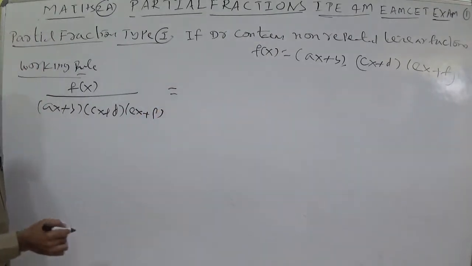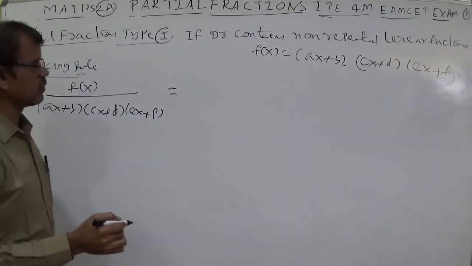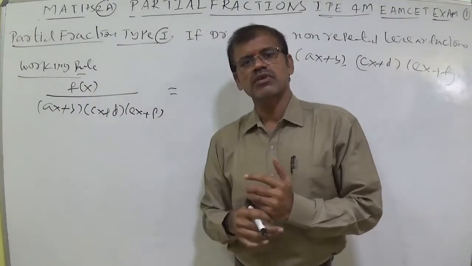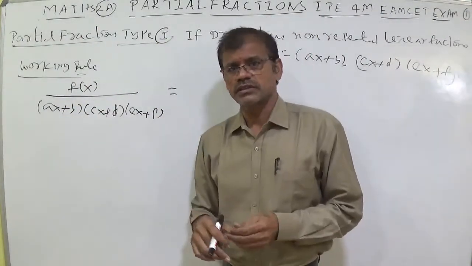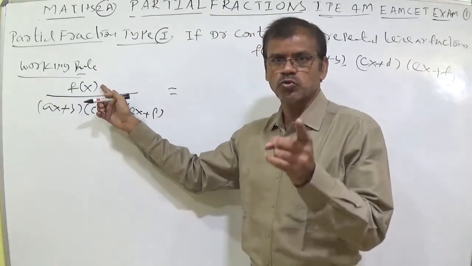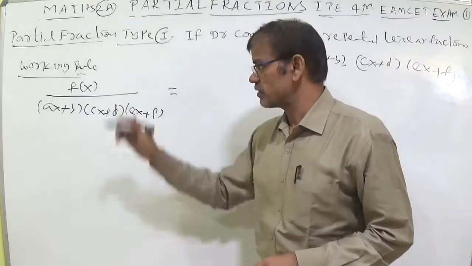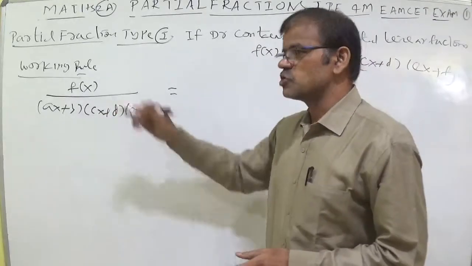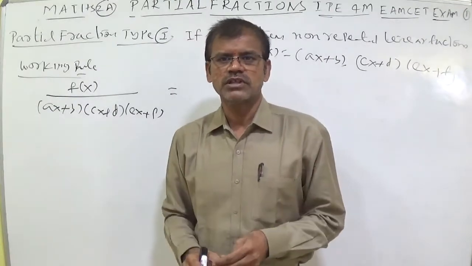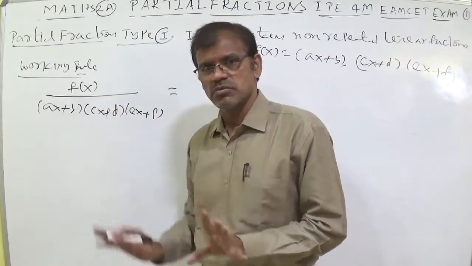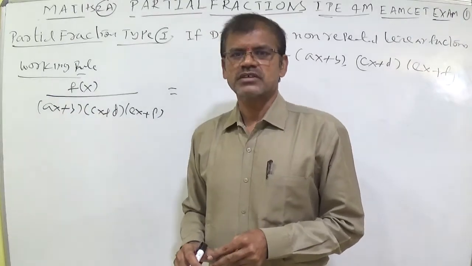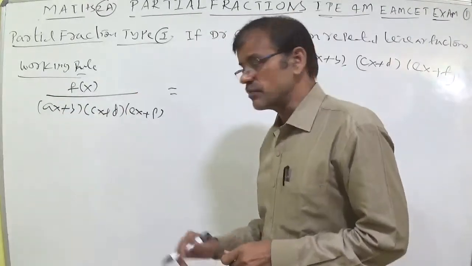It can be split as per the working rule. Here f of x may be 1 or 2 or 3 or anything, maybe a variable or any function like x square. Here the degree is 3, so in the numerator x power 2, x power 1 or x power 0 may be there. But simple 0 should not be written, because if you write 0, there is no polynomial and no partial fraction. It is simply called the zero polynomial, with no splitting into partial fractions. So simply leave f of x.